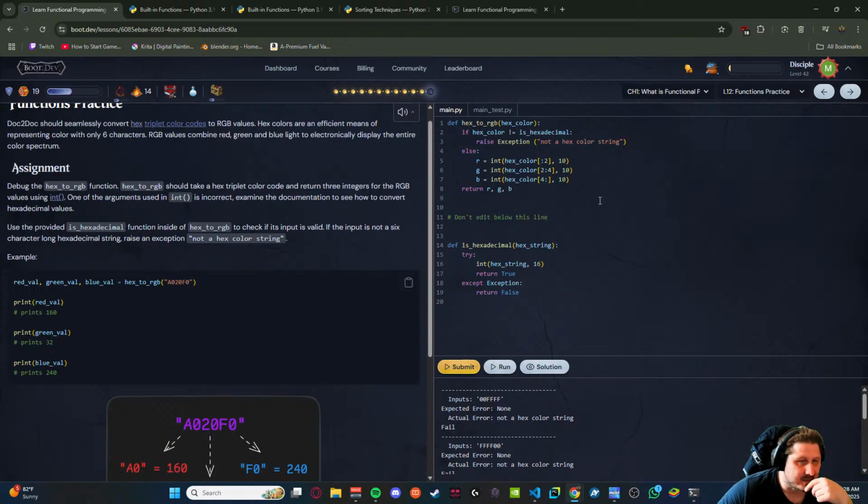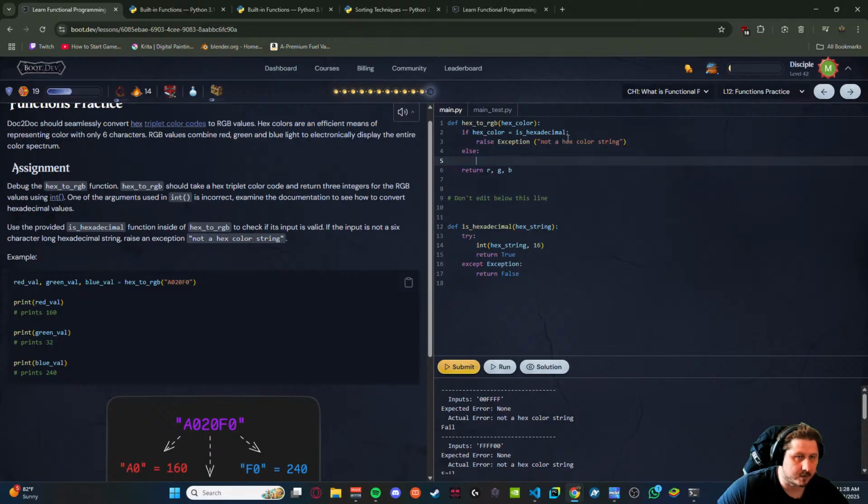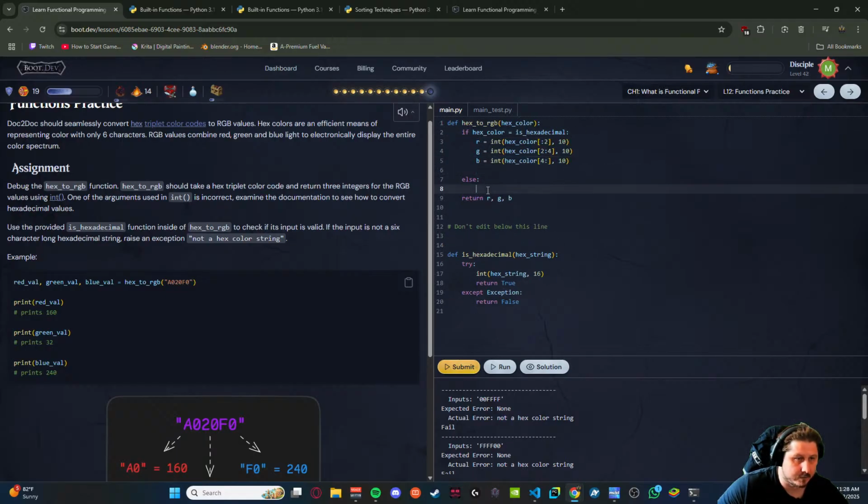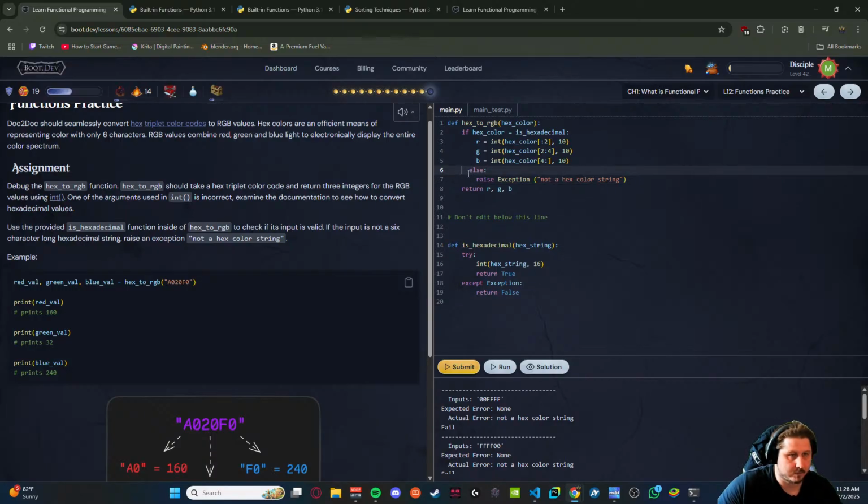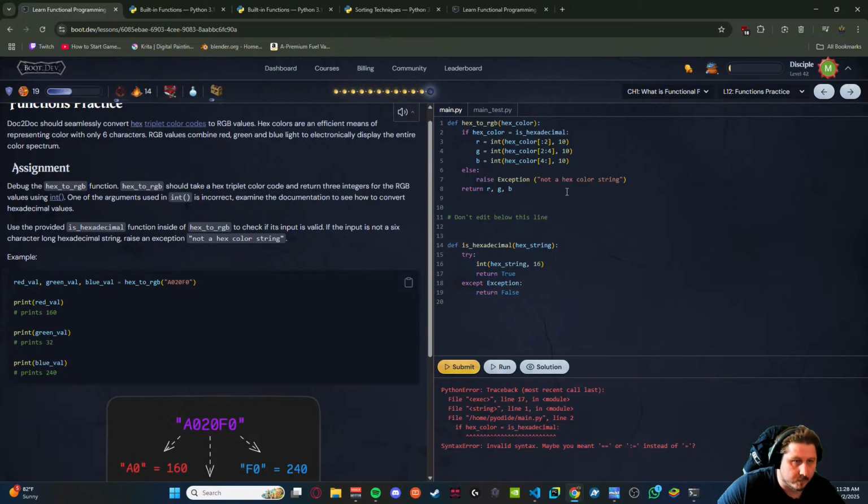If hex color, I think I need to do the opposite. If it is, we do this. If it isn't, we do raise. Oh, equals.